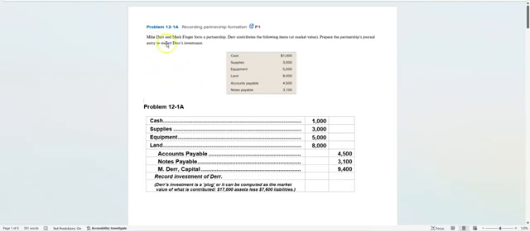So if Mike Durr and Mark Finger come together to form a partnership, and Durr contributes the following items, and these are all listed at their market value, we are going to prepare the partnership's journal entry to record Durr's investment. So the partnership is receiving cash, supplies, equipment, land, accounts payable, and notes payable. This is the value of these assets on the date that the partnership was formed, and these were the amount